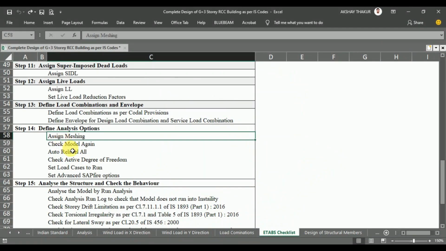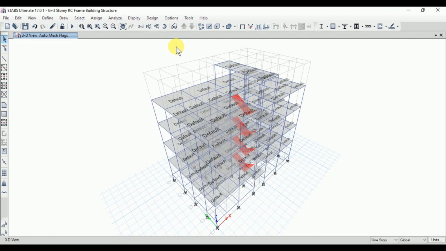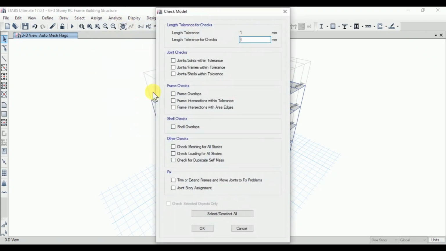We are completing this step, assign meshing. Now again we need to check our model. Previously we also checked our model, but now we have applied the loads and the meshing, so we need to check our model again, because in the next step we are going for the analysis. To check the model, click on Analyze, Check Model. Here joint checks should be selected, frame checks should be selected,